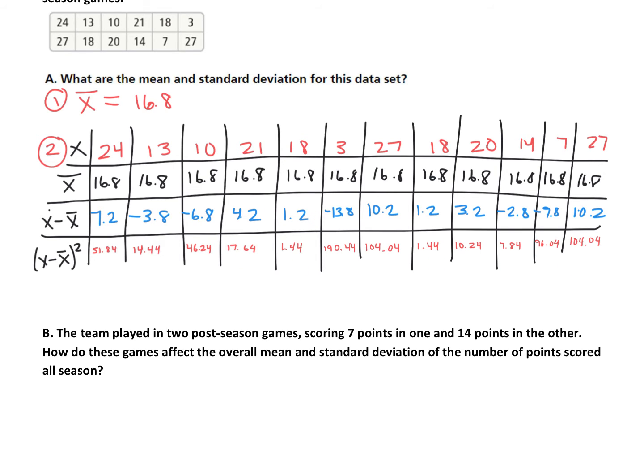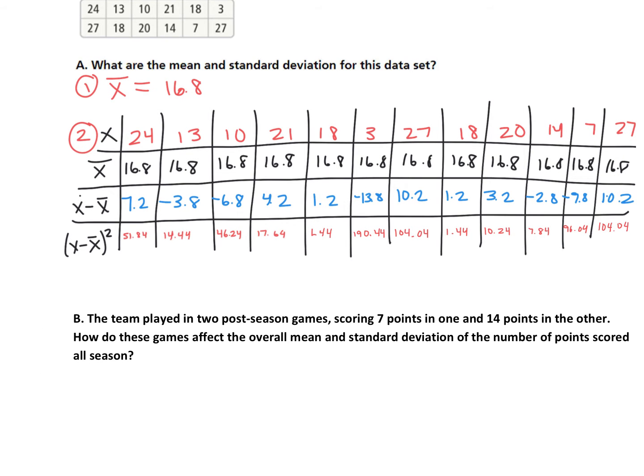All right, so step 3 is finding the variance. Now, one notation, because we are talking about a population instead of a sample, you'll see statisticians use that symbol. Remember, the variance, sigma squared, is what we want, and then the standard deviation is the square root of the variance. So the variance is going to be the average of all of these. So what we'll do is we add all these together,